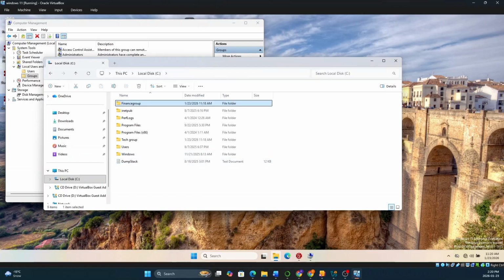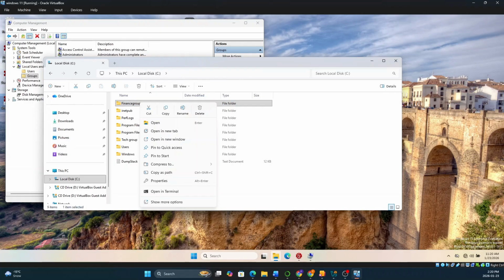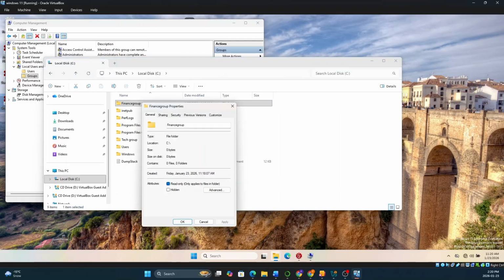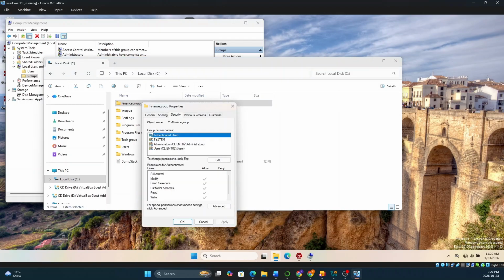Okay. So you right click on the finance group folder, then click on Properties. Now you have the properties, click on Security. In this Security tab, you find out that there are already permissions. We have Authenticated Users, System, Administrators, Users, and all of that. These permissions are inherited permissions. It means that because